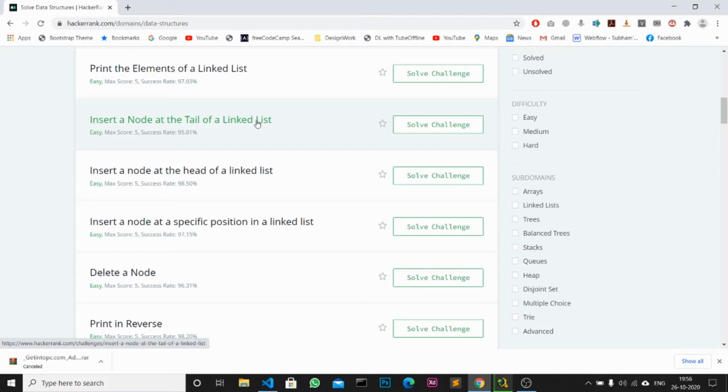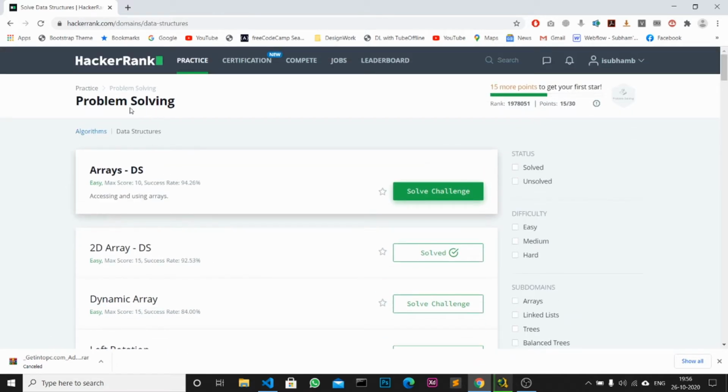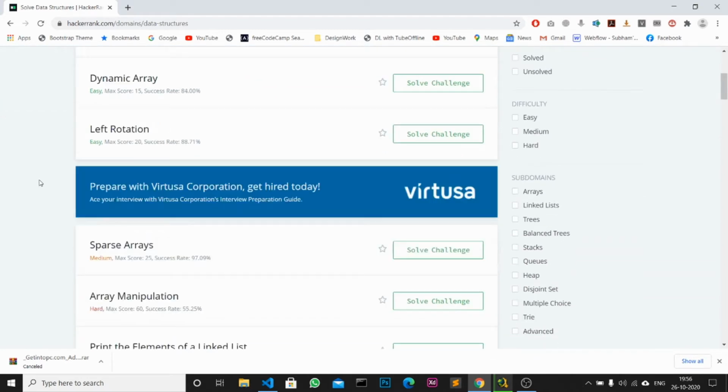Many of us struggle with the data structures and algorithms portion because it is very tough. But once you start learning, it becomes easy. So let me take you to one of the problems. I have selected some very basic problems. You can see,